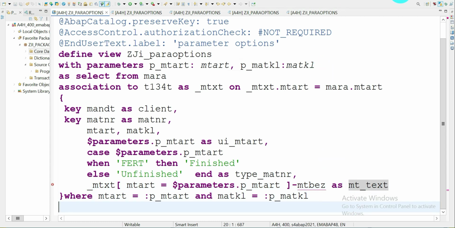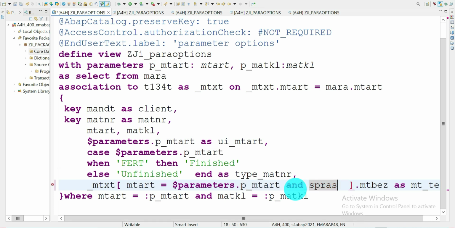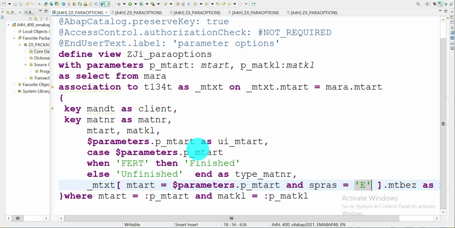Okay, it should be dot. Probably I need SPRAS, and SPRAS equal to English. That's it. So here also you're able to make the parameters field, input parameters field. Just activate it